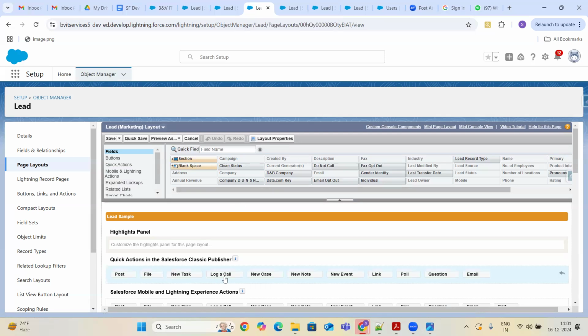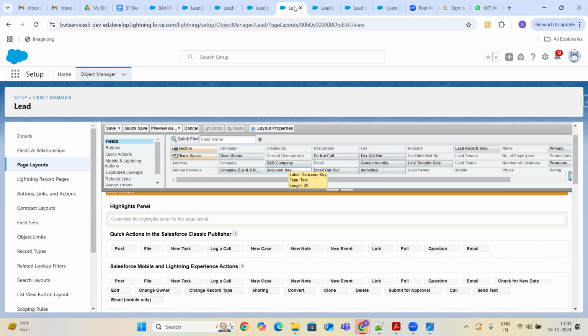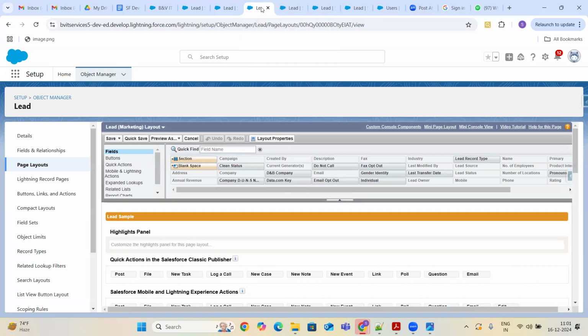Second one is all these buttons: new case, new note, new event, link, poll, question, email, log a call. So quick actions are also almost the same. We will get to all these things, guys, what is the highlights panel, what are quick actions, in later classes.